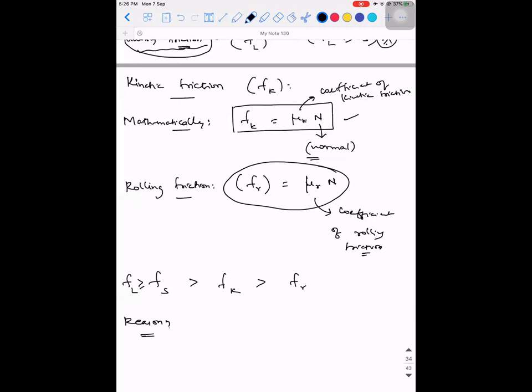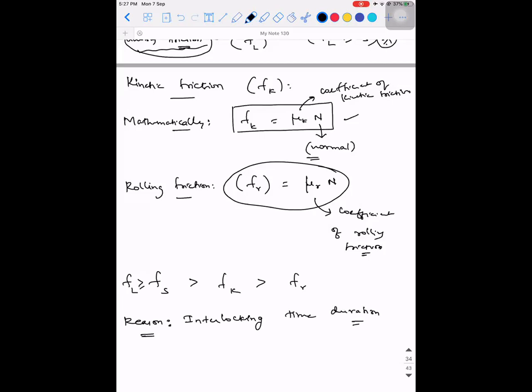Because FL is maximum friction, sir. No, that's not it. It is not the surface of contact either. It is the amount of time that is taken for the interlocking to happen. So interlocking time duration is the concept.